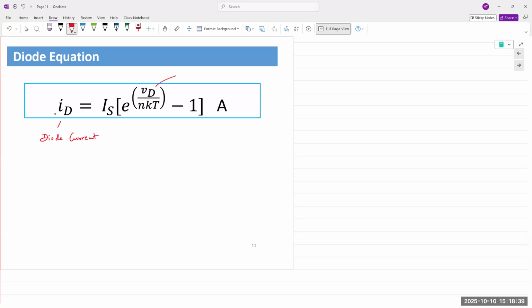Diode current is exponential in relationship to the applied diode voltage. And we can see that from the E. IS is the saturation current. This indicates